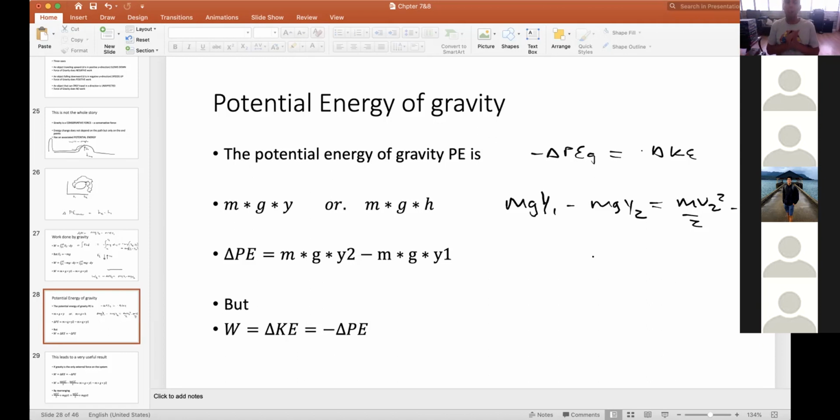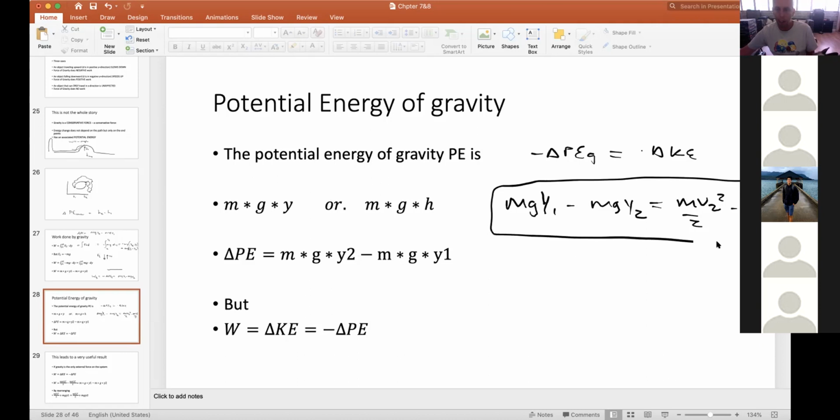But there's something really simple here. I need all of you to pay attention. If you're kind of doing other things while you're watching this, pay attention to this right now because it's super important. Look at this equation right here. This is what makes energy so easy to use. Put all the 2's on one side and all the 1's on one side. You get mv1 squared over 2 plus mg y1 is equal to mv2 squared over 2 plus mg y2. Everything's positive,